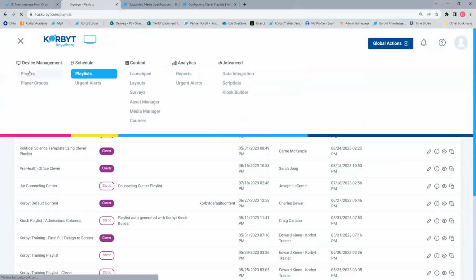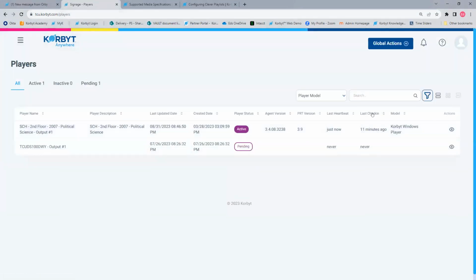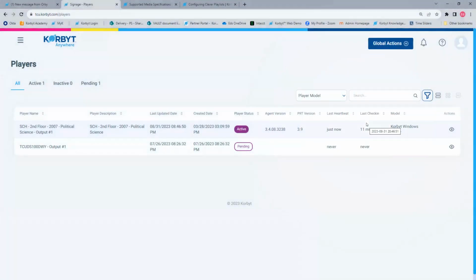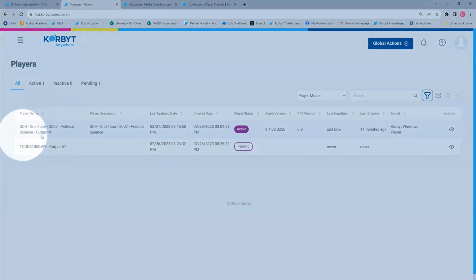And that's because the players check in for changes like that every 15 minutes. That's why it could be up to 15 minutes. If I was changing the content being seen on the second floor political science output 1, it would actually update in 14 minutes because that's when this player is going to do its next check-in.